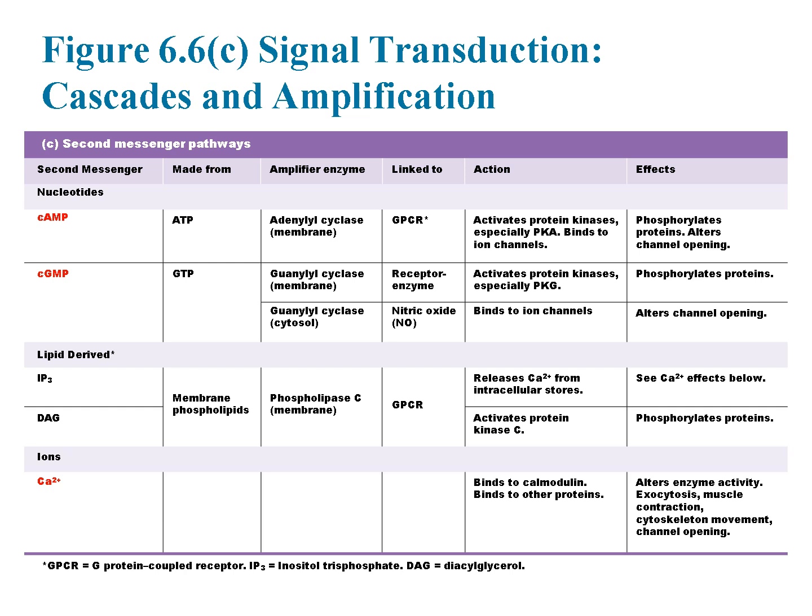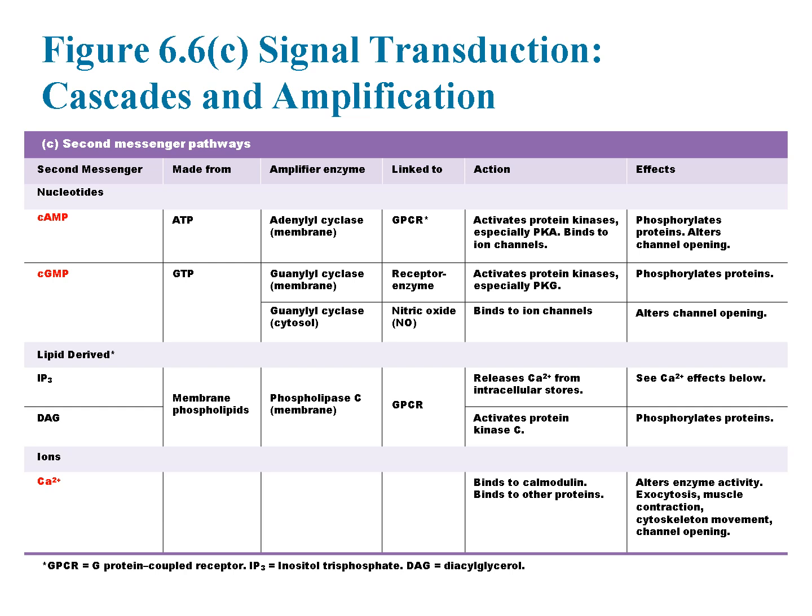Next, we have lipid-derived second messengers. Inositol triphosphate is produced by the action of phospholipase C, which is linked to GPCR pathways. It releases calcium ions from intracellular stores, further amplifying the signal. DAG, or diacylglycerol, works alongside inositol triphosphate and activates protein kinase C, or PKC, which phosphorylates target proteins and regulates cellular responses like cell growth and differentiation.